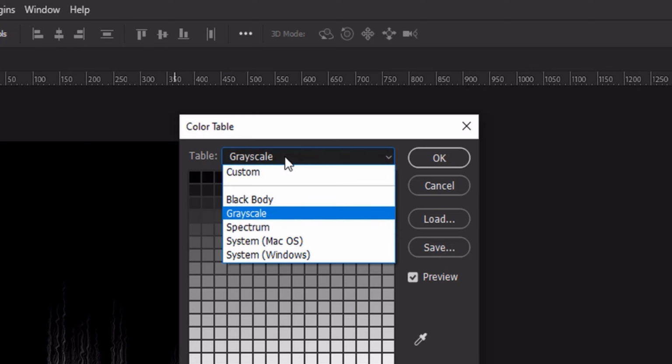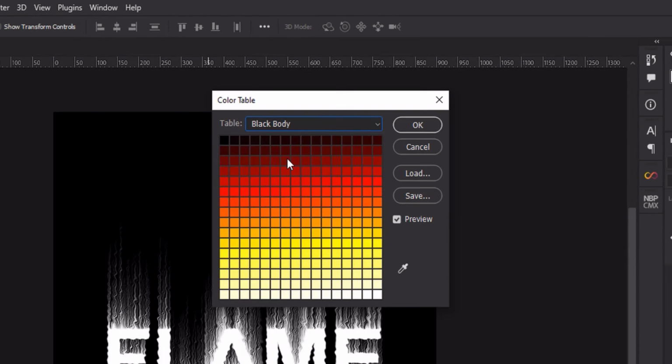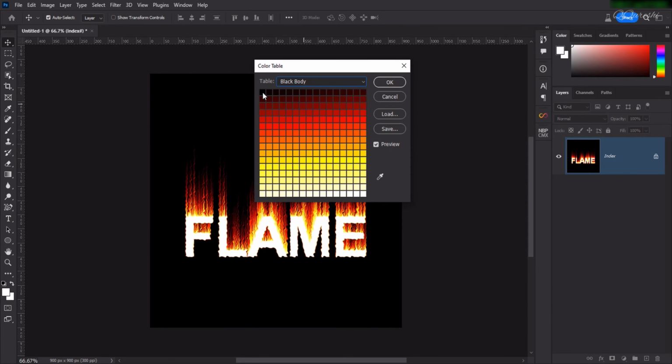Select Black Body instead of grayscale. The Black Body also has all the shades from black to white below. If you want to keep black, then click OK. You can see the flame effect in the preview, and if you don't want to keep black,